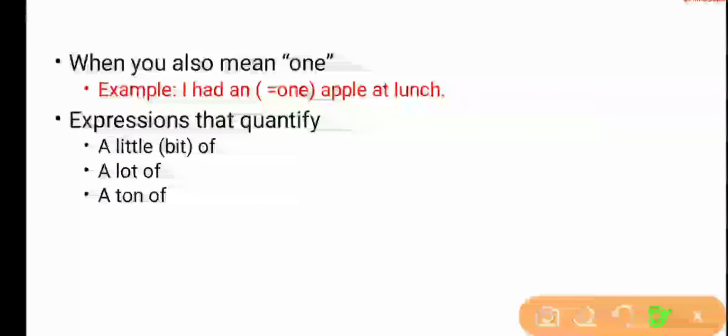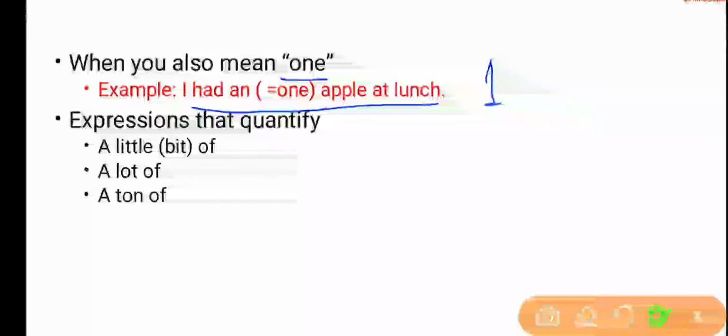Also, we use a and an when we refer to one thing. That means I had an apple at lunch. That means I'm saying that I had one apple. When we talk about quantity, that is, when we use expressions of quantity, we use the article a, like a little bit of, a lot of, or a ton of. The words little bit of, lot of, or ton of are quantifiers and used to mention quantity. At that time we use a with this. Okay,